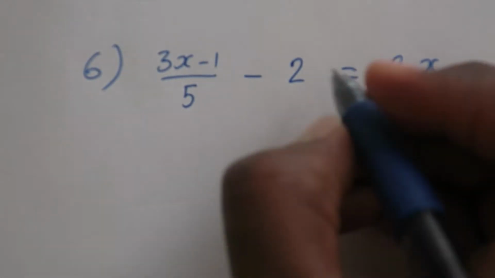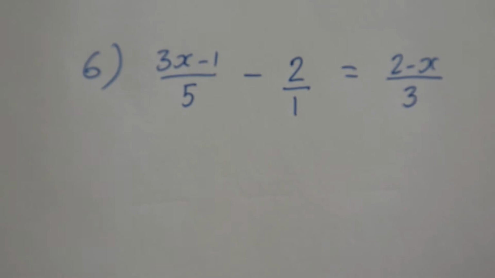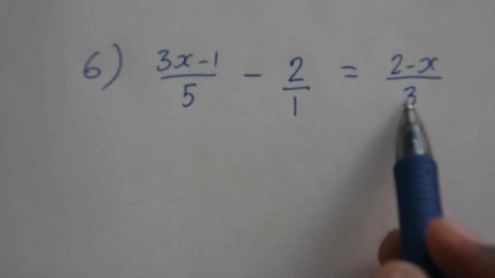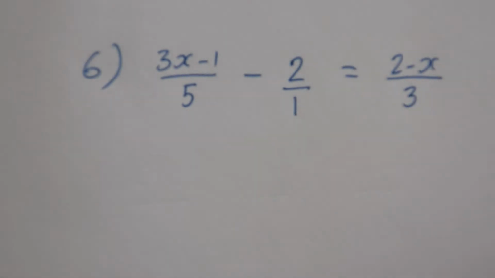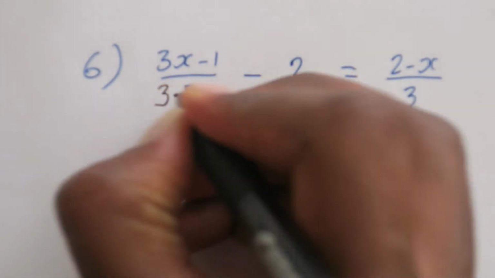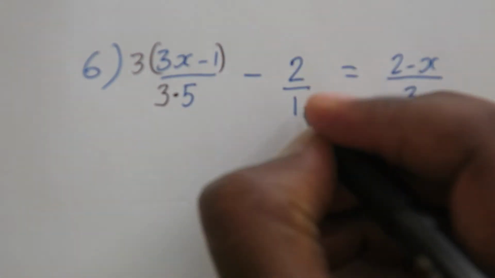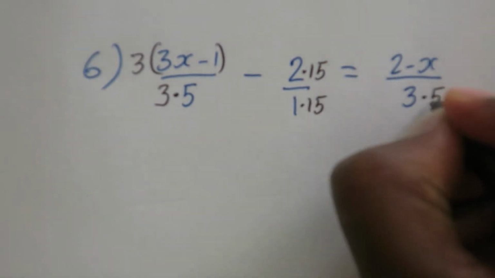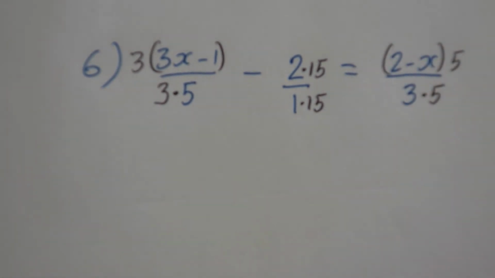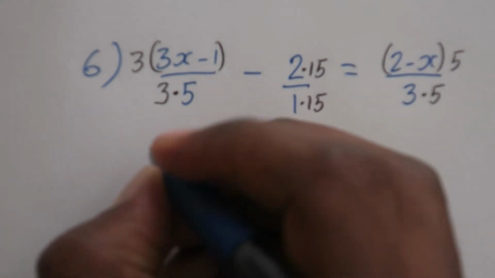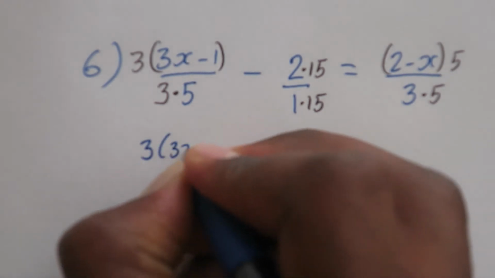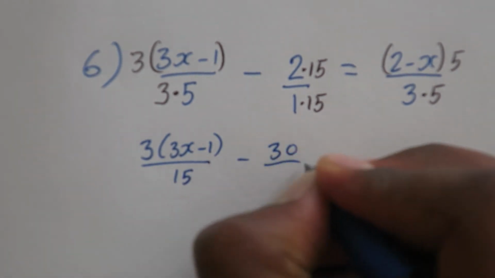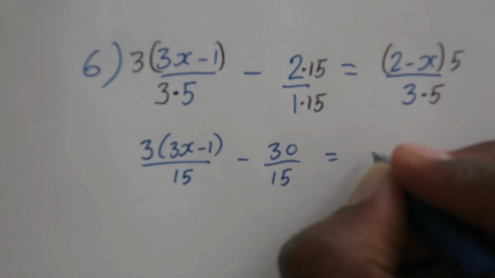Now, bottom numbers. Well, the 2, first of all, can be written as 2 over 1. So we're looking at 5, 1, and 3. Those three numbers go into the number 15. So that means make the bottom numbers 15. I'll multiply the first by 3, top and bottom. Multiply this by 15, top and bottom, and multiply this by 5, top and bottom, which simplifies into 3 parentheses 3x minus 1 over 15 minus 30 over 15 equals,